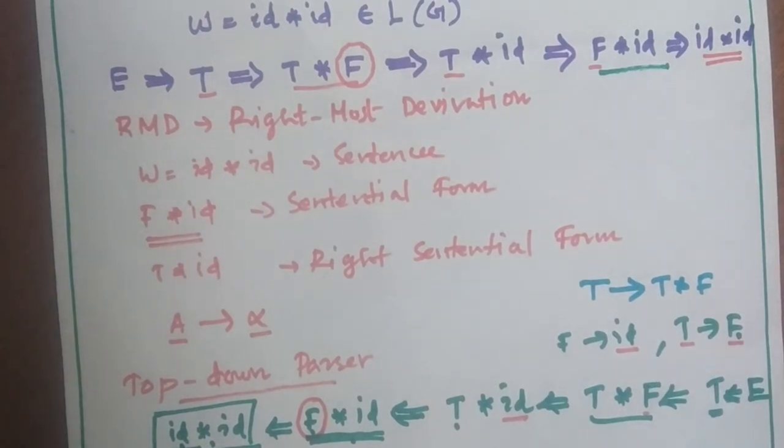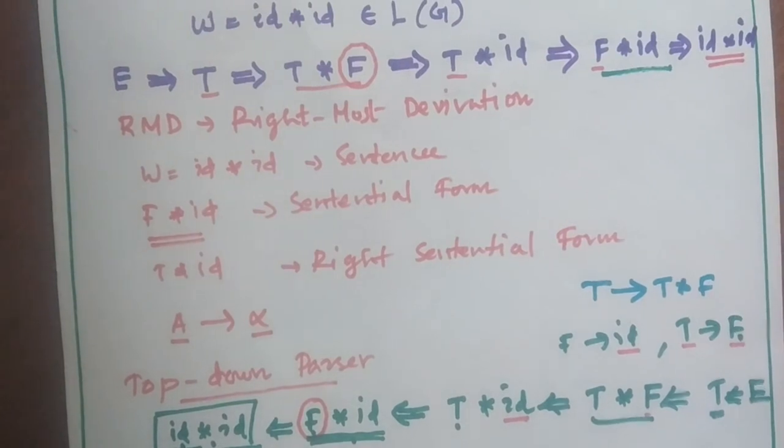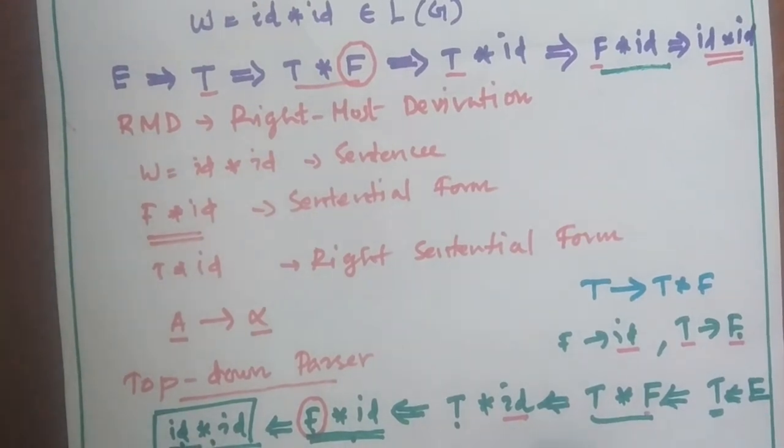What is important in this top-down parser is that there are many substrings we can identify as the right side of a production. But if you look at this example, we can use T as a substring, or ID as a substring. Both we can take, but both are not valid. Only ID is the valid one.